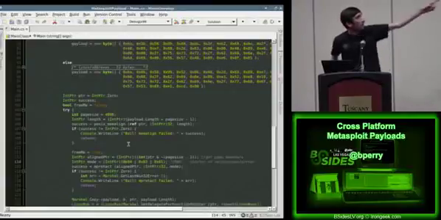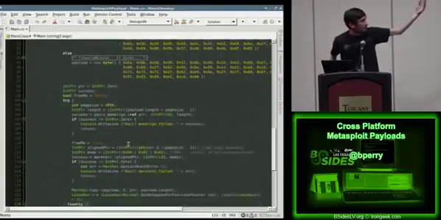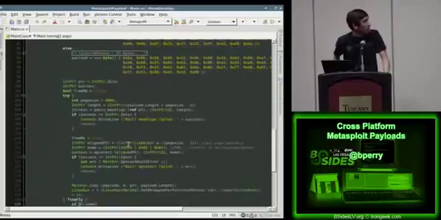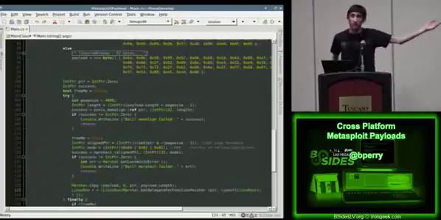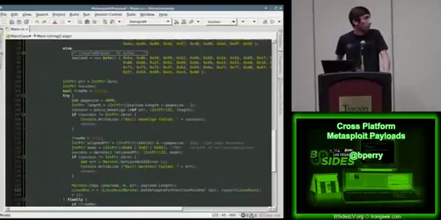I didn't implement it, but I found a really neat way to get around allocating read-writable and executable memory on SELinux. It doesn't work on PaX though. So basically, I use posix_memalign to allocate my memory. I use mprotect to change it to read, writable, and executable. I copy my payload in there. I use the same Marshal.GetDelegateForFunctionPointer method that I use on the Windows one, and I call it. And if I run it, you'll see,